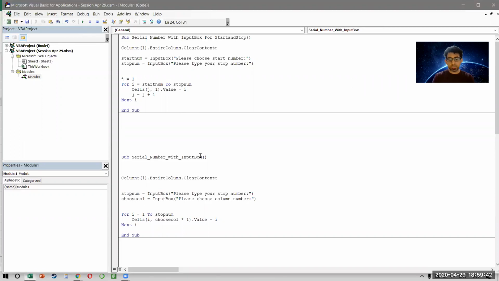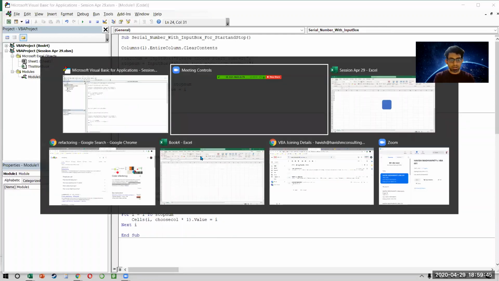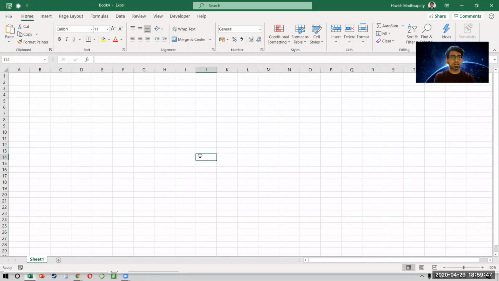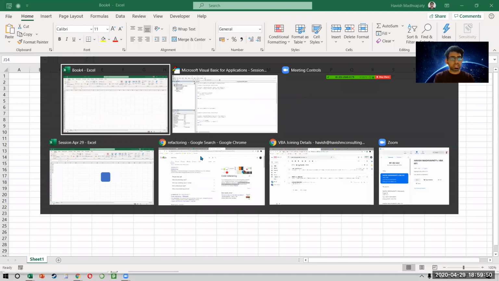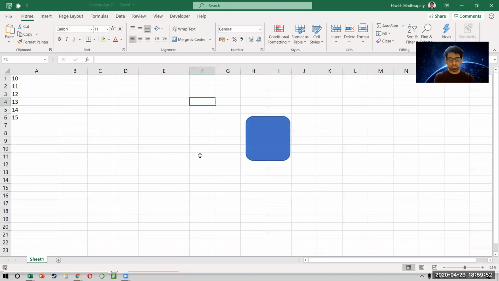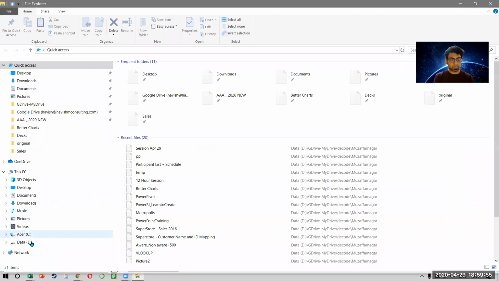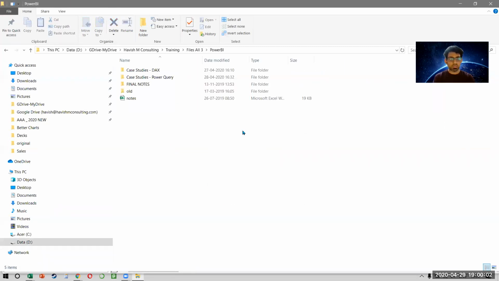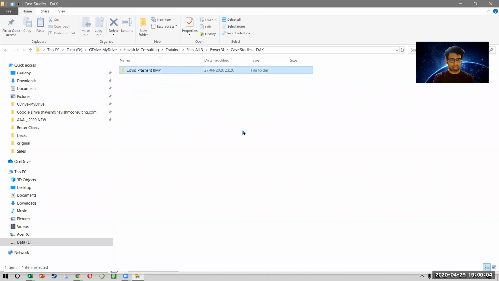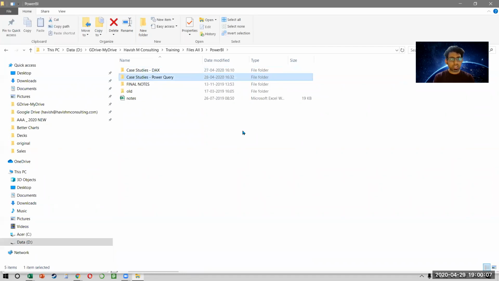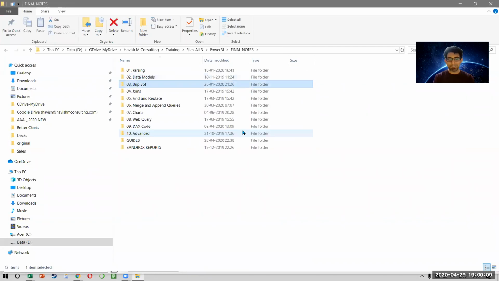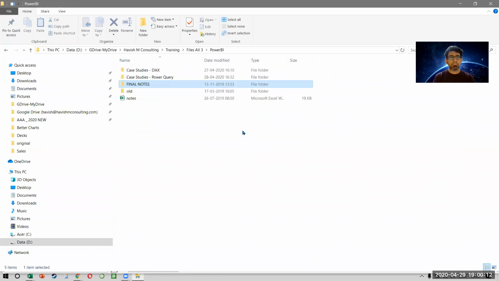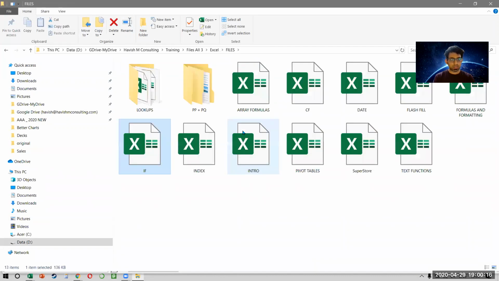So what I'm going to do is I will open a financial file, and I don't know what this is. We don't need this. Just save the file. And I'll show you how practically we use this, okay? Just watch. We also take a small break after this. Power BI, and then DAX, and where's my file? Give me a second. Power Query.